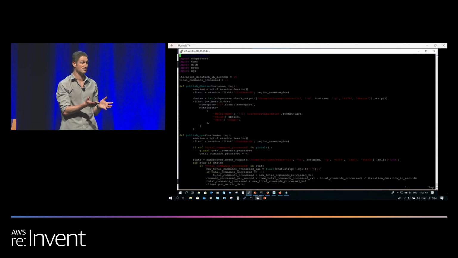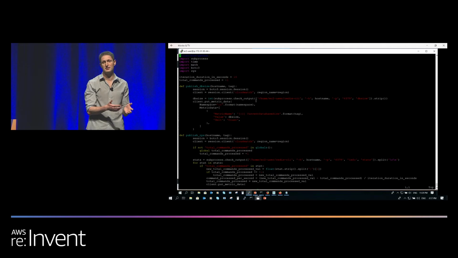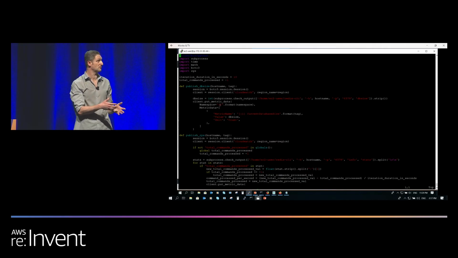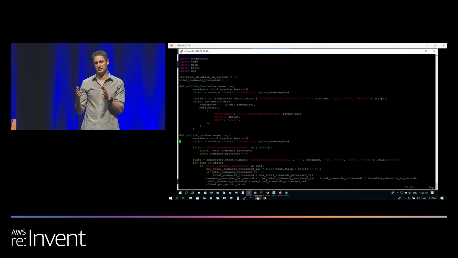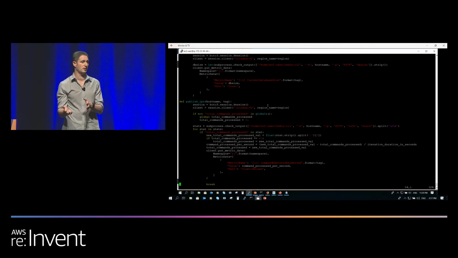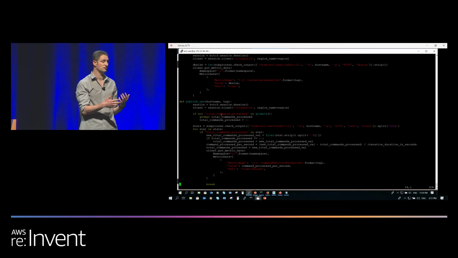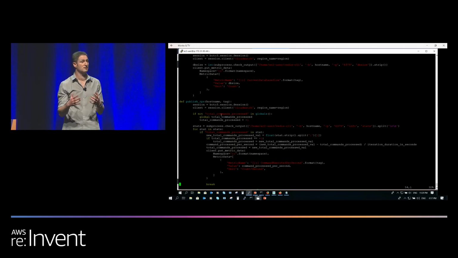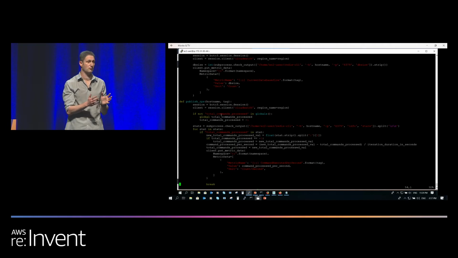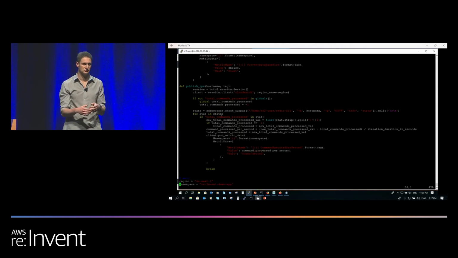One is to get the DB size. I'm using the CLI command to do this, and then I'm publishing it to CloudWatch. For requests per second, I'm doing something very similar. I get the total number of commands processed, subtract the previous value, and divide by those 10 seconds to get the average requests per second, then publish this in CloudWatch. So this gives me very basic client-side throughput and DB size metrics that we're going to soon show in CloudWatch.